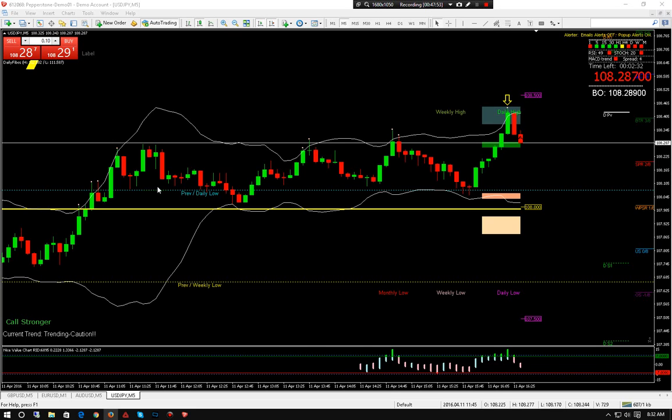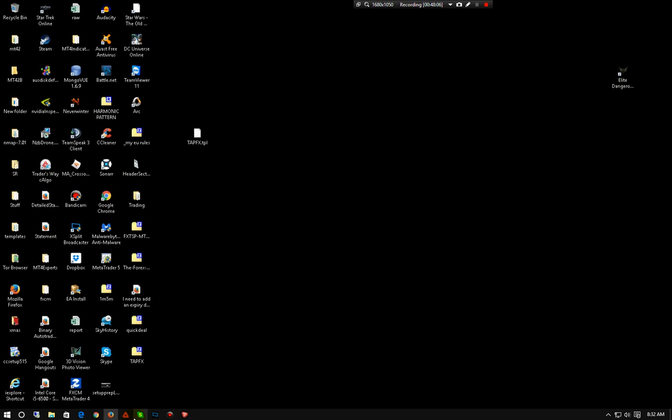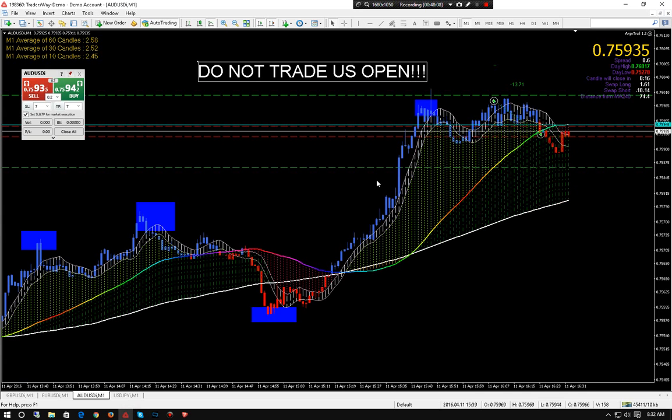So by using the 1 minute system, we knew we should have been on this chart anyway and watching it. Whether you want to use 2 sets of MT4 or 1, that's up to you. I like having 2 up because I like being able to jump to the 5 minute. The reason I'm using 2 is because if I switch anything on here, I lose quick deal. So it's kind of a pain because it's running a script.